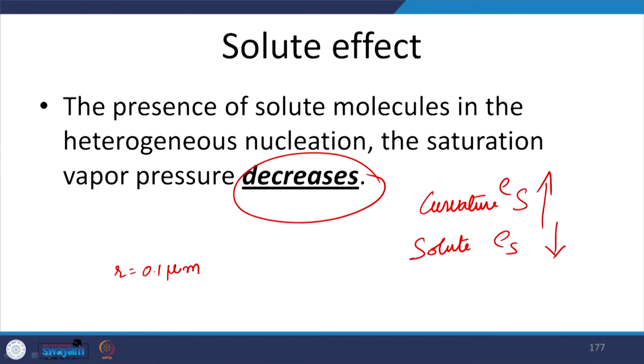Now, for a simple example, let us say the radius of the cloud condensation nuclei is 0.1 micrometer. The cloud droplet will be of the order of 10 micrometers. Now, this has to grow to sizes of let us say 50 micrometers to be called a large cloud droplet,